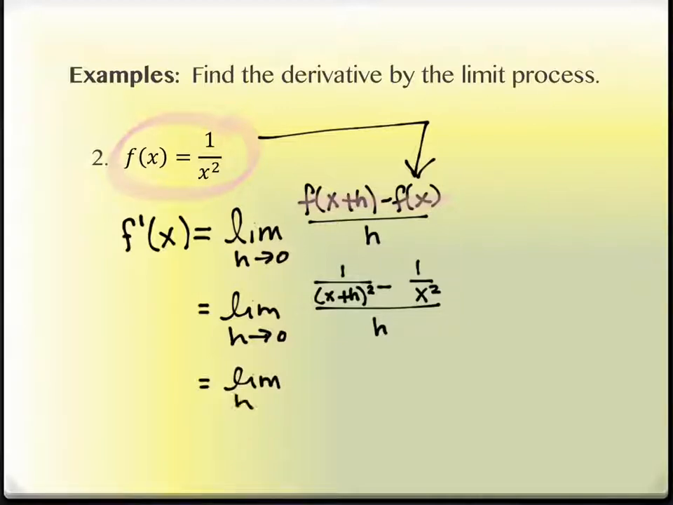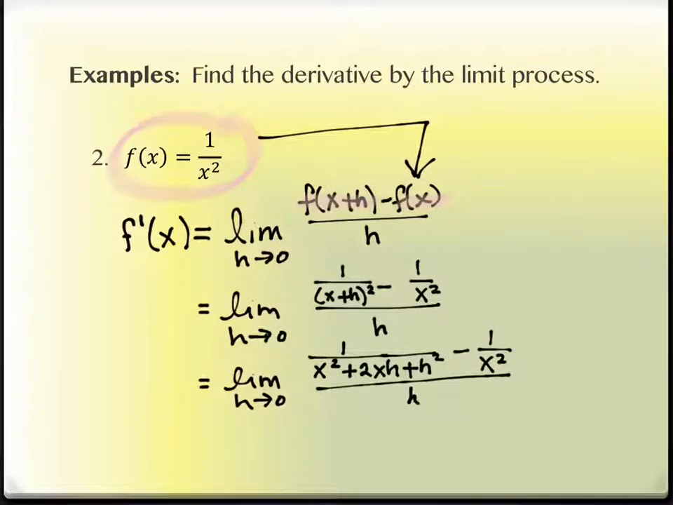Again, limit h approaches 0 all the way along until we plug it in. So right now, in that denominator, if I multiply x plus h times x plus h, I would have x squared plus 2xh plus h squared. Minus 1 over x squared over h. Okay, everybody good so far? Kind of messy,